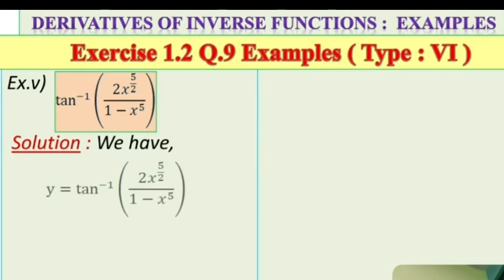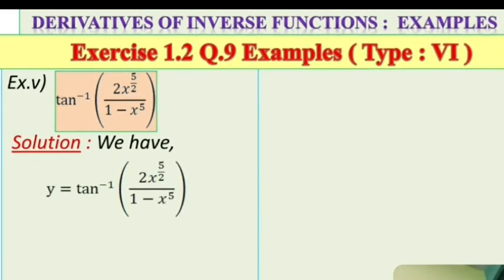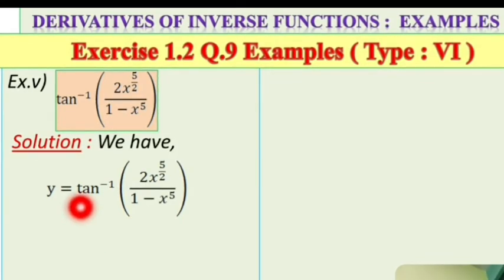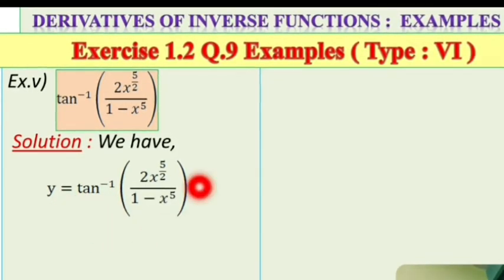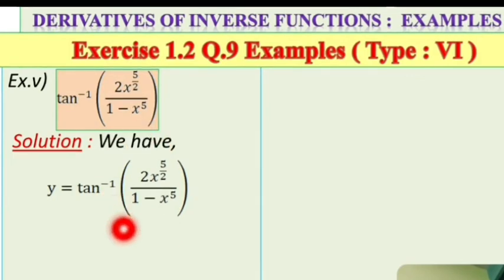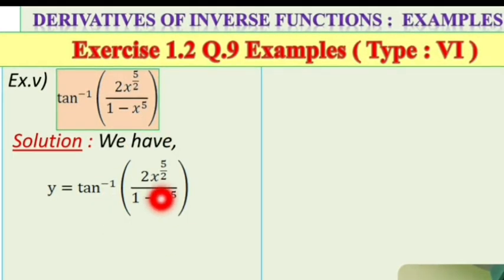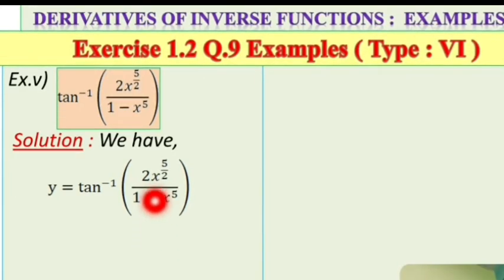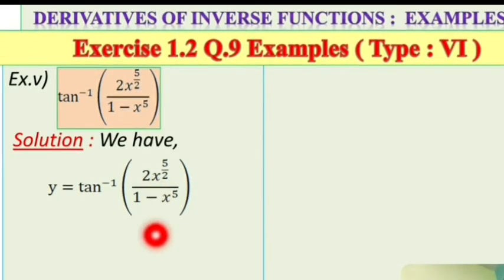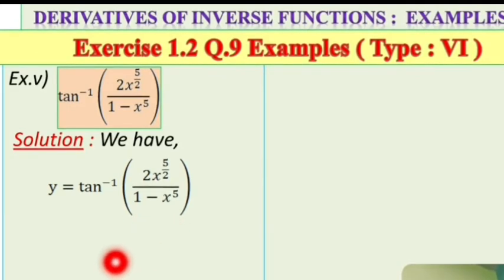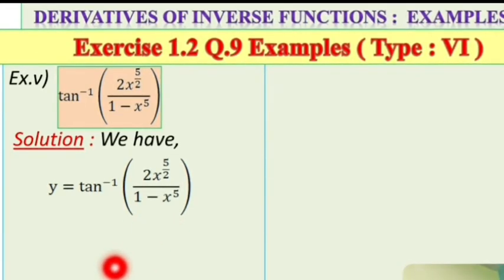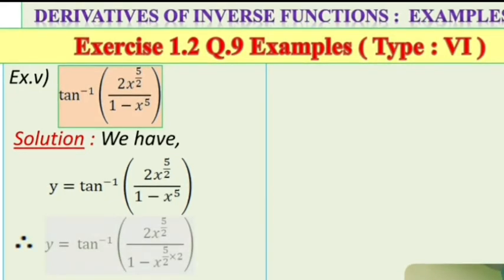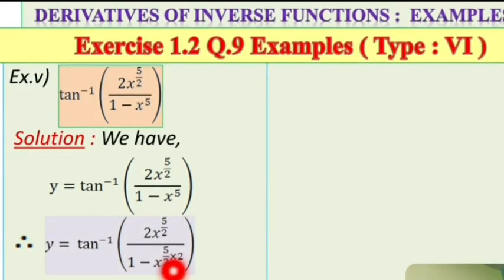Firstly take the given function y equal to tan inverse of f of x. Again here, outside the bracket we have the inverse function, that is tan inverse of f of x. We have to convert the given f of x into a trigonometric function. But firstly here also we have to simplify the given function, then apply the substitution. Therefore firstly write the given function in the form of tan inverse of the bracket